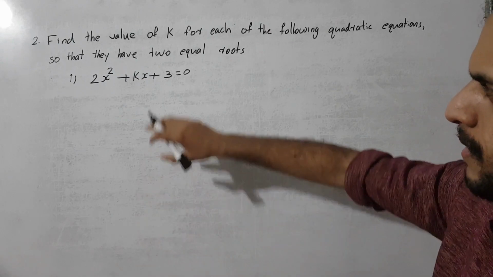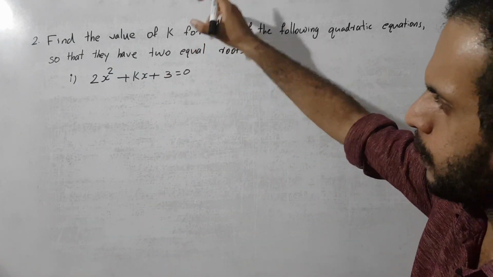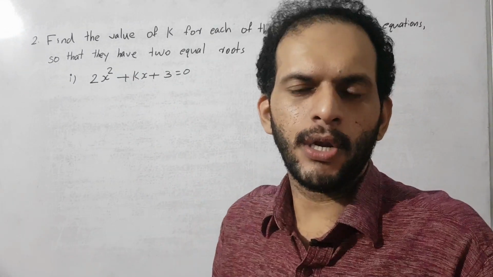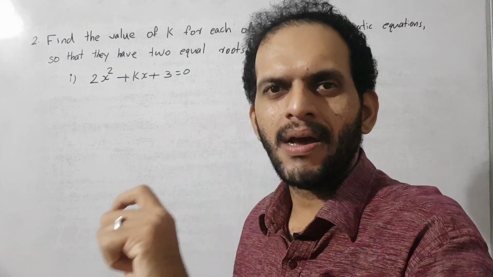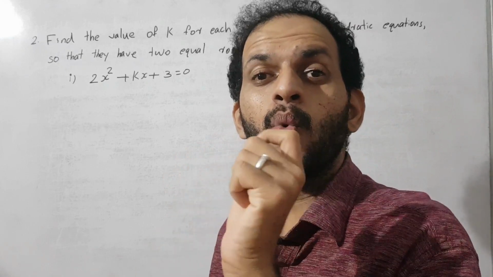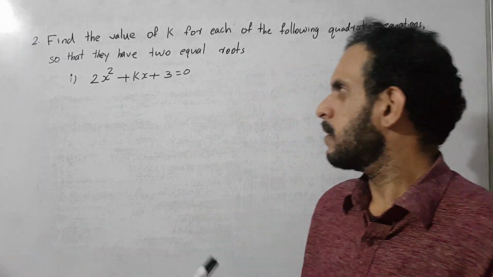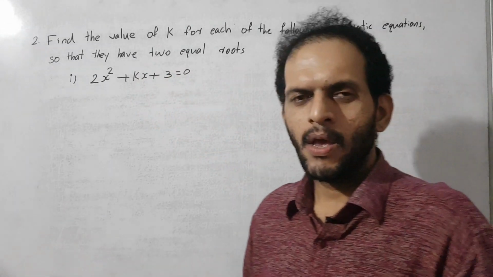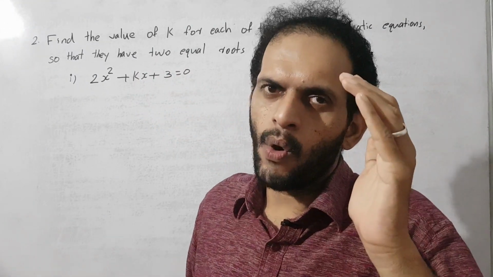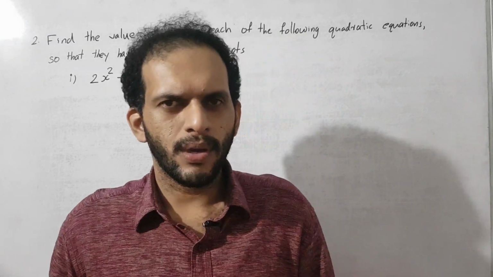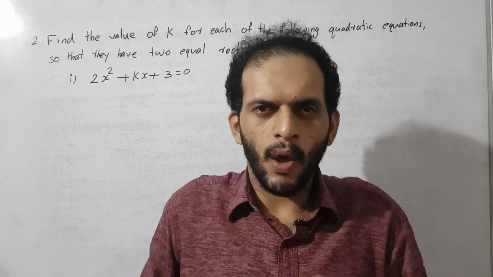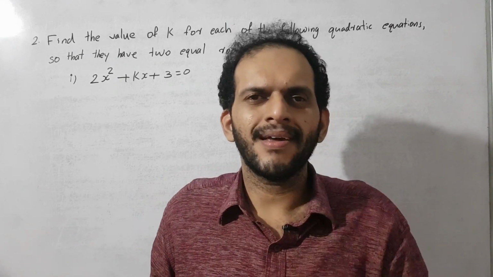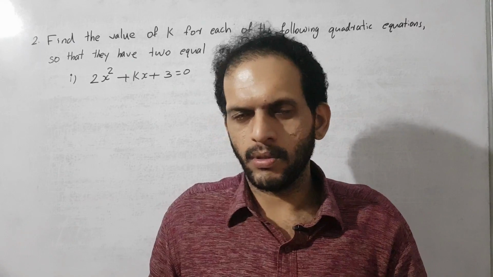Okay, here it is given what we need to find. We need to find the value of k. For that, the condition is given. What is the condition? This quadratic equation has two equal roots. This quadratic equation has two equal roots. Then when we think now, when the quadratic equation has two equal roots, what is the condition of the discriminant if the quadratic equation has two equal roots?